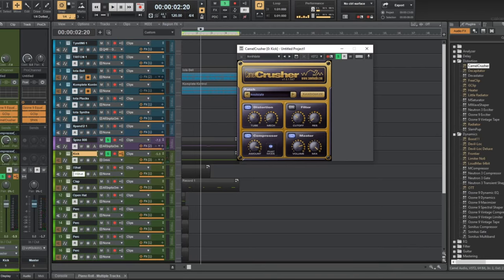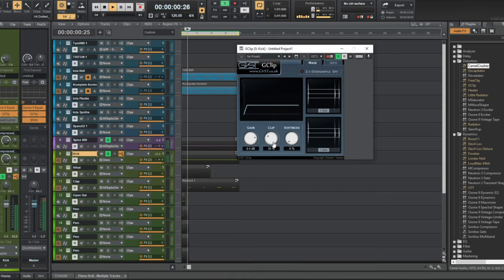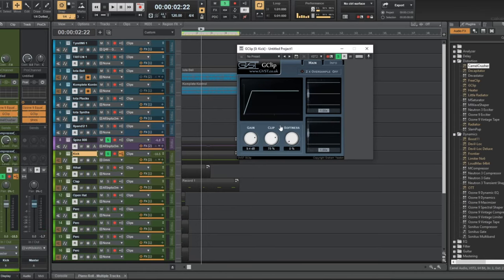What happens with other kinds of crushers, like Camel Crusher, for example, is if you think about a wave signal, and you think about a kick has a really sharp attack and a short release. What a distortion plugin does is cut down the impact. So it's cutting down the highest frequencies, the loudest peaks, to make them shorter and more compressed. You don't want to compress your kicks too much, otherwise they don't have the initial thump or the initial attack. Which is why a clipping plugin is really nice, because if you look at this user interface, you're not really getting rid of too much of the stuff. If I wanted to bring this ceiling down a wee bit, you really lose the impact that the initial hit has. But if you turn it back up,